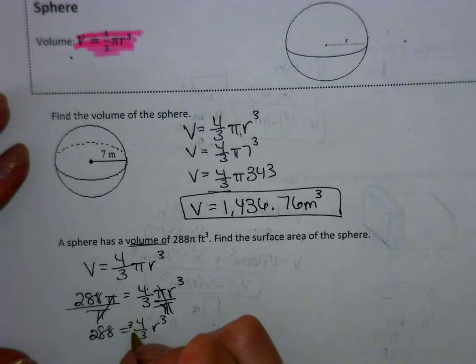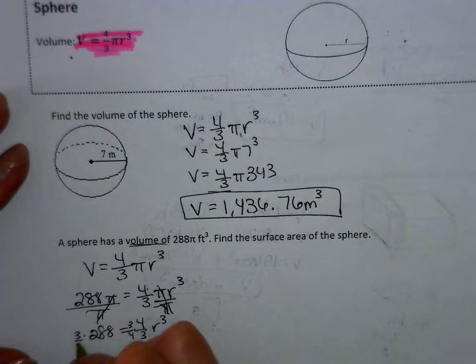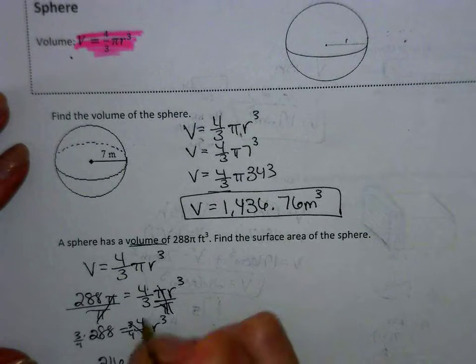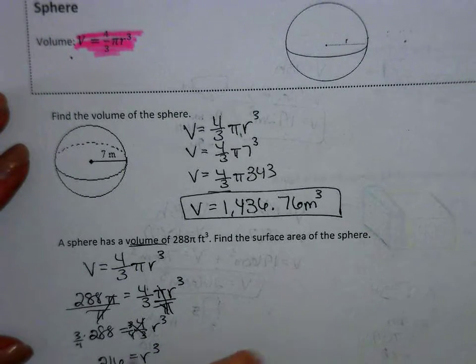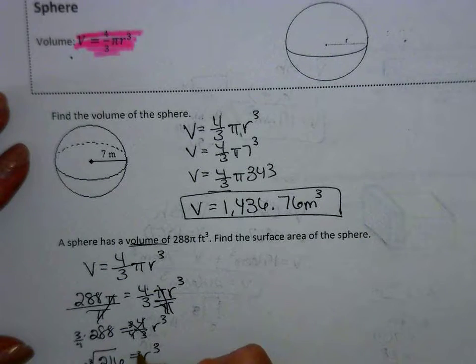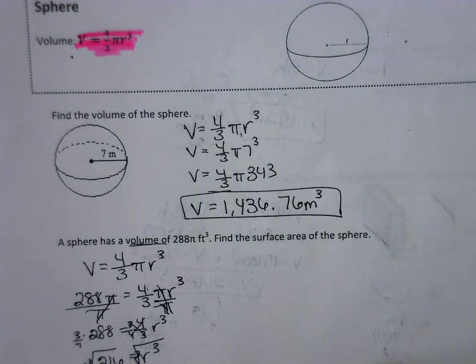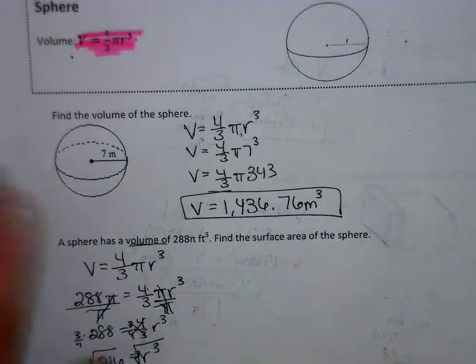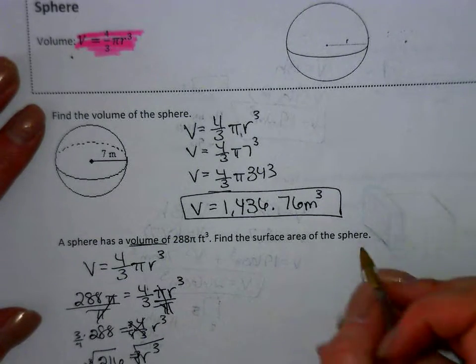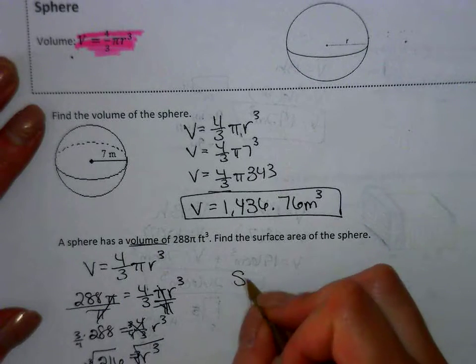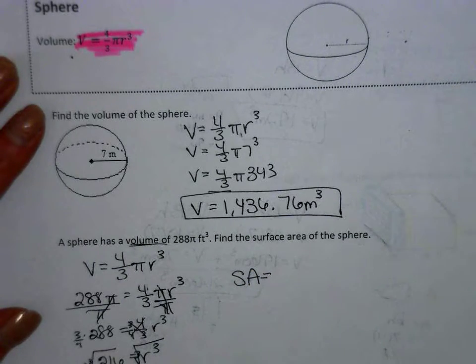Now if we multiply everything by the reciprocal, which is 3/4, 288 times 3/4 is 216, which equals r cubed. Lastly, we can cube root both sides, and the cube root of 216 is 6. So that means we have a radius of 6. Then to find the surface area of a sphere, surface area equals